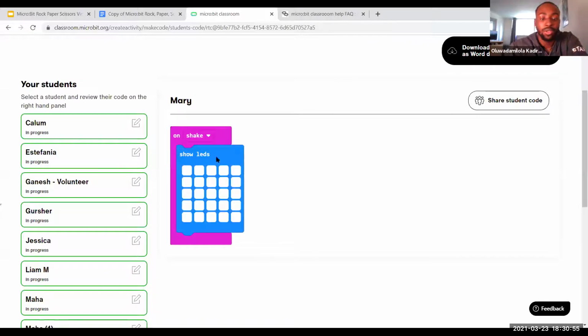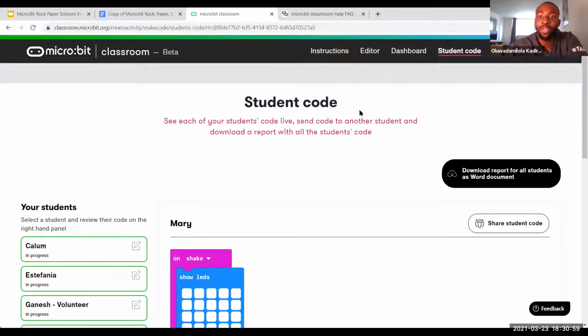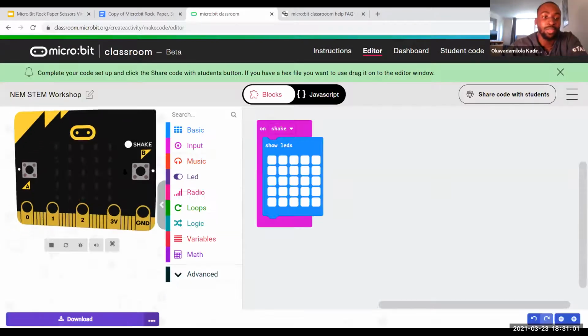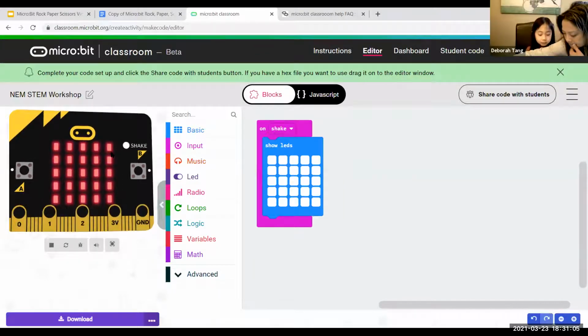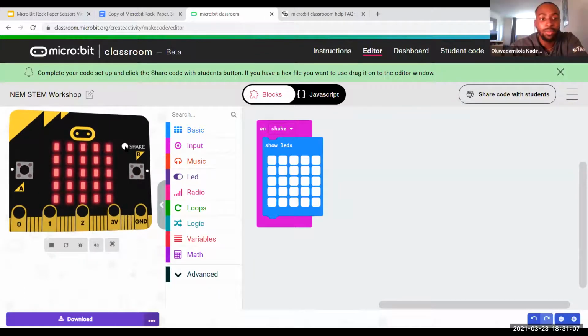Let's take a look at your code. Okay, the code looks fine. Do you have the MicroBit simulator next to you? Yeah. Is there a shake button there? Yeah. And if you press the shake button, the LEDs don't light up? Oh, it does. Okay.